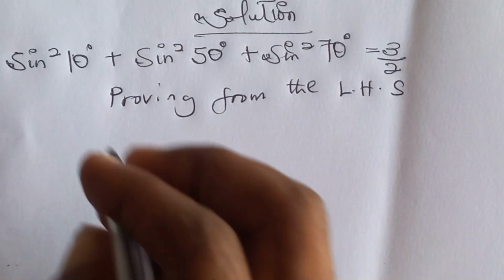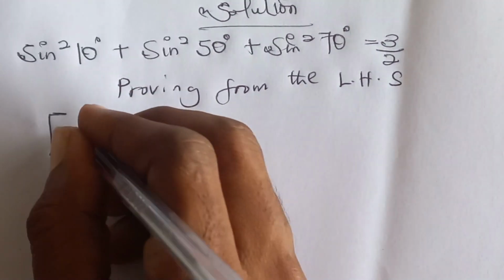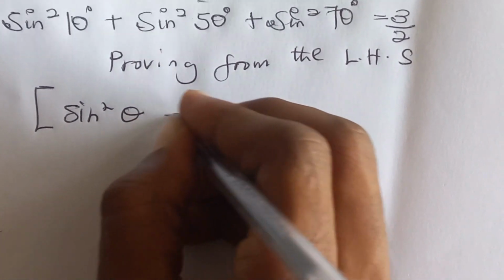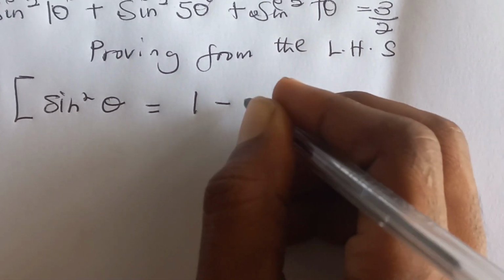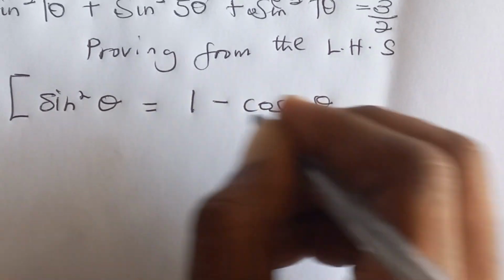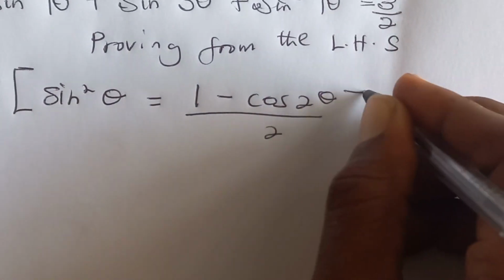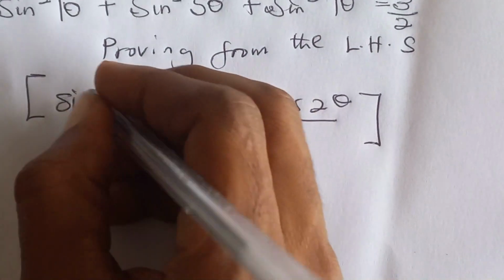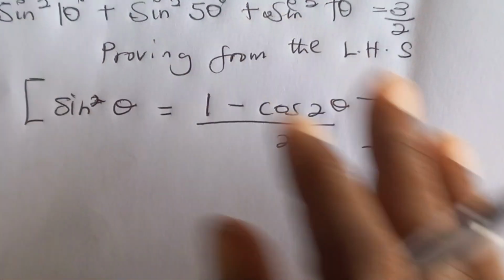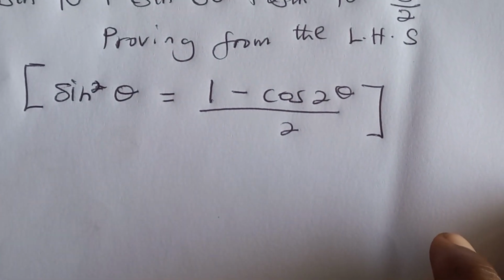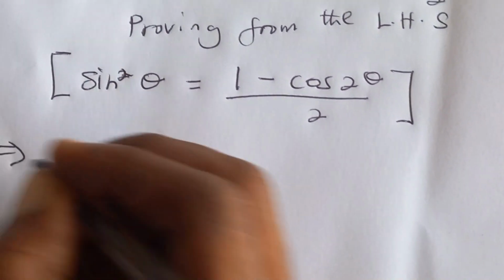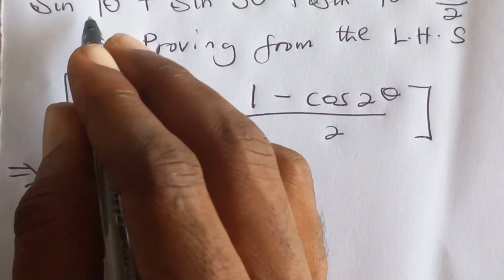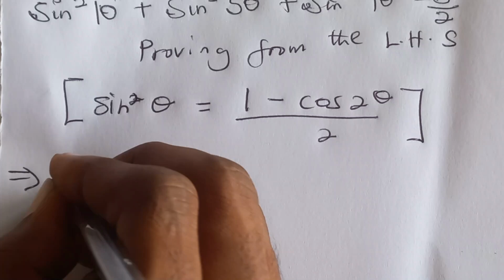We know that sine squared theta is equal to 1 minus cos 2 theta on 2, right? So we are going to use this rule to change every expression in sine to cos. So we have sine squared 10 degrees. It becomes 1 minus